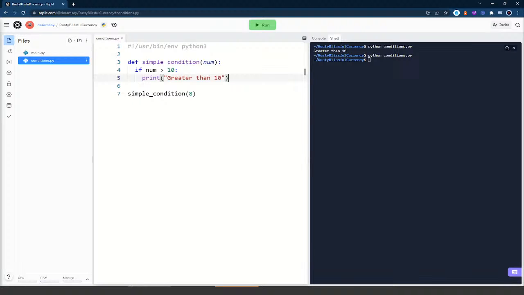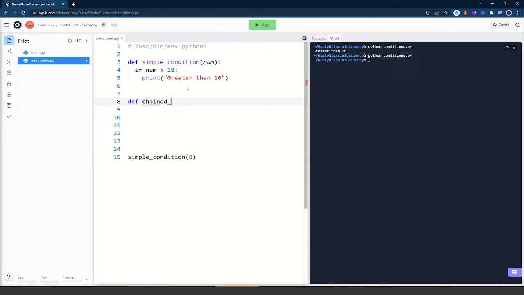So you might think, well, what if I have more things to check, right? Like what if I want to check more stuff instead of just checking this one thing? And so for that, we have chained conditionals and we have nested conditionals. So let's write ourselves a couple more functions. I'm going to just hit enter a few times here to push that down a little bit. And I'm going to write another function for